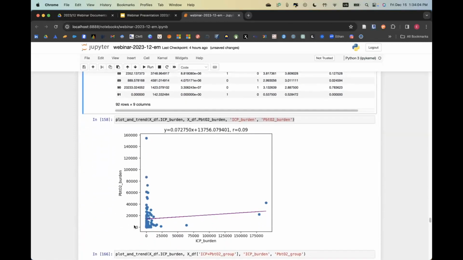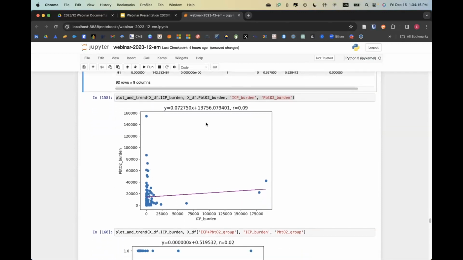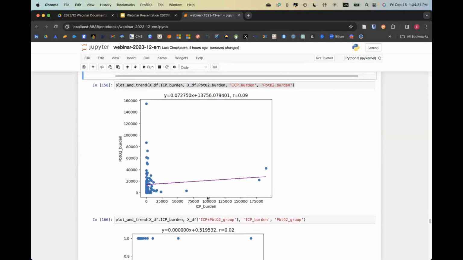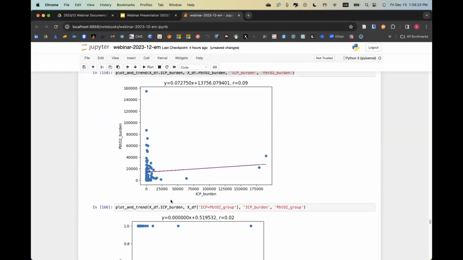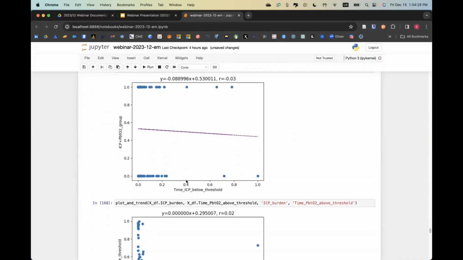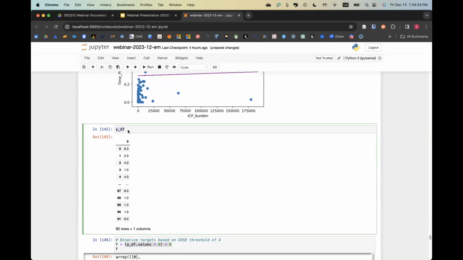And we're using that same plot and trend function that I created earlier to verify that the features are contributing different information. So these two do not have a high similarity, which means that they can be used in the data set. If they were highly correlated, I wouldn't want to include them. Same with this one. Same with this one. I just plotted a bunch for eye candy. And then this is the output, which is the same as last time. It's the GOS-E on a scale from 1 to 8.